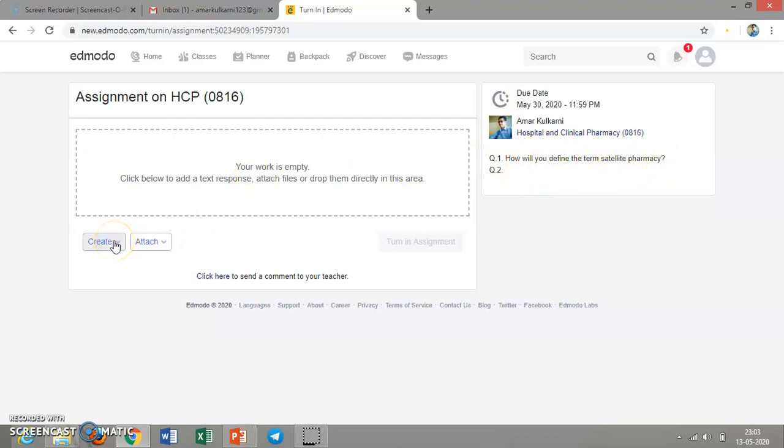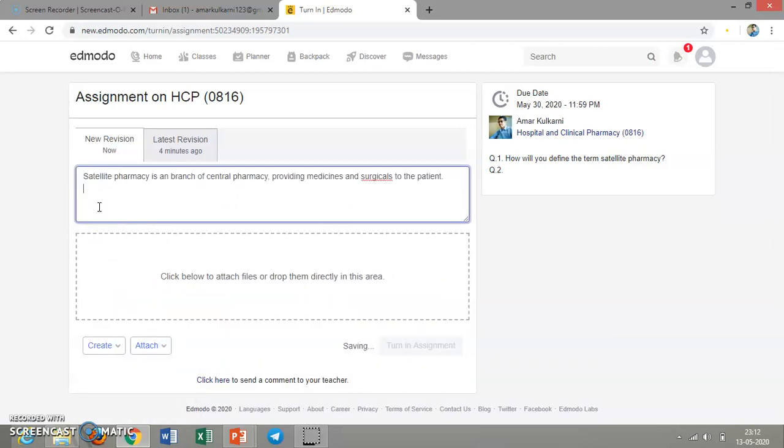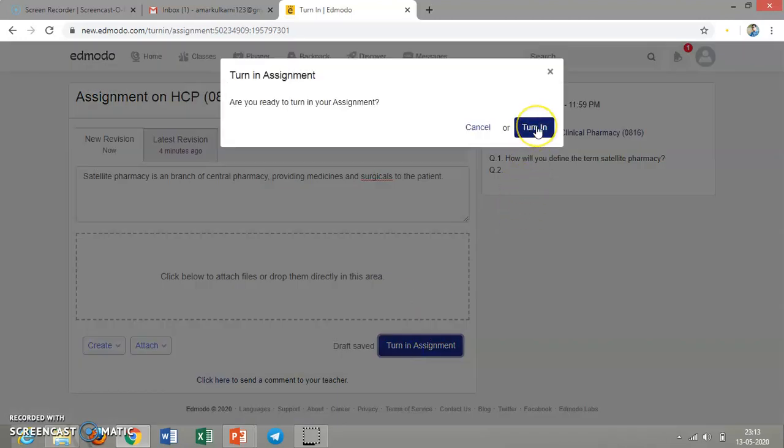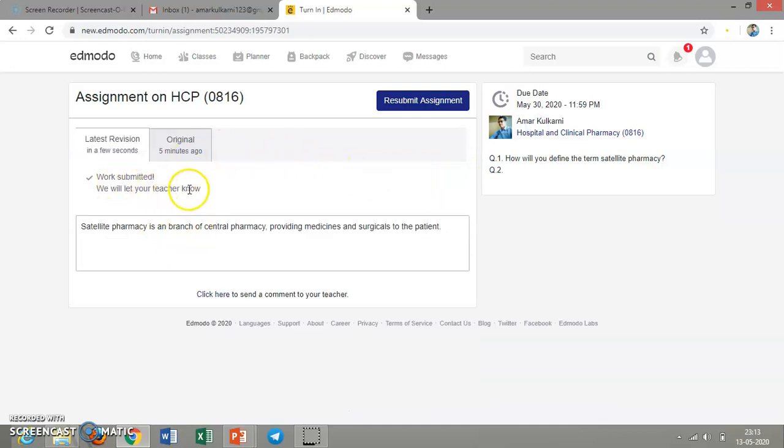For answering, you just click on this create button. You can submit your assignment by text, Word, PowerPoint or Excel. I am taking the text response here. You just add your answer and click on the turn in assignment tab. Again click on turn in. You can see the message: work submitted.